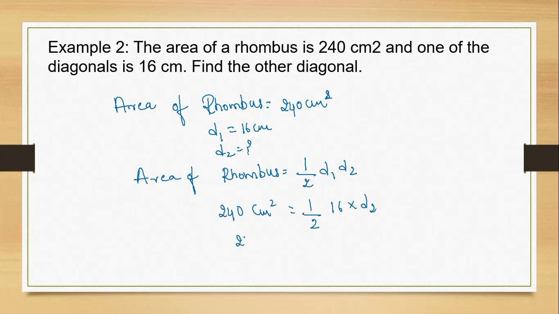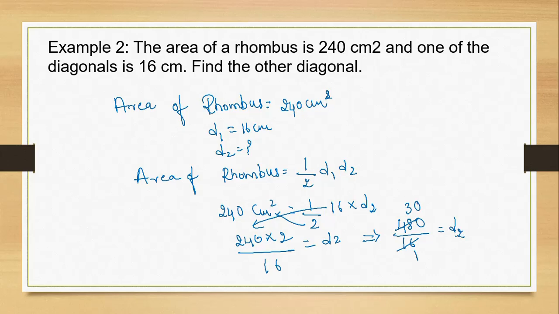So we transfer the 240 to here, and this 16 to here, so 240 into 2 by 16 is equal to D2. Then 480 by 16. 16 ones are 16, 16 threes are 48, so 30 is equal to D2. Then the diagonal D2 is 30